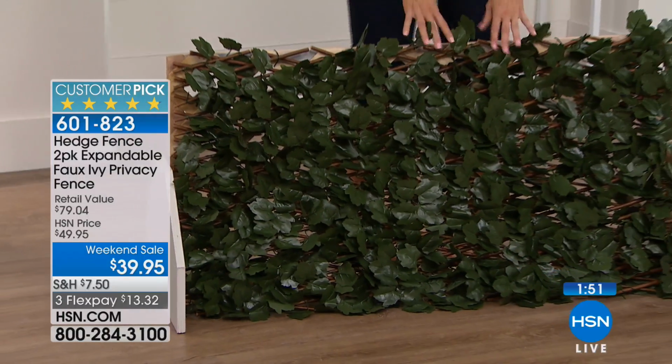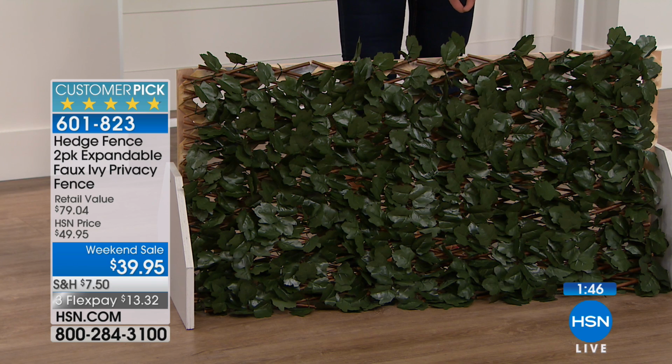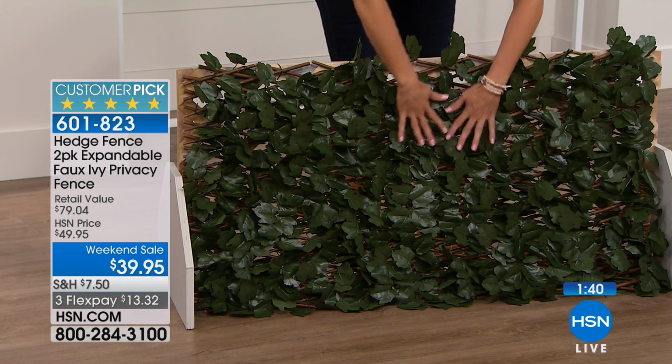Did you see it? You don't even have to have lattice work, but a lot of people have lattice work along the bottoms of maybe their decks or underneath their house where you're just seeing grass. Now you can see this